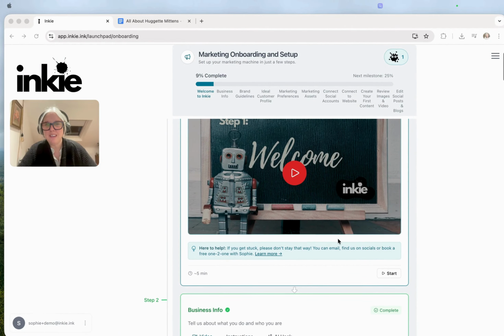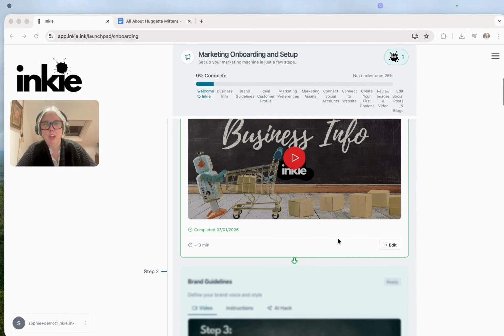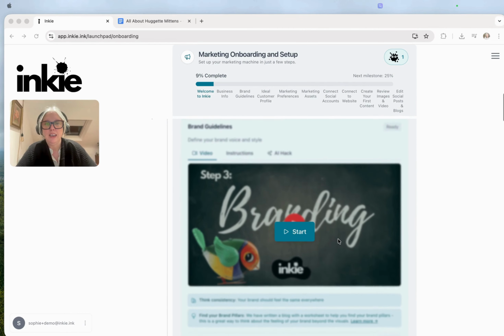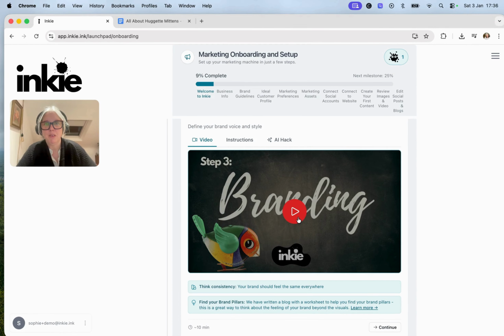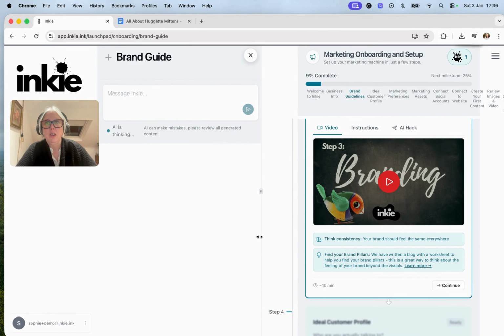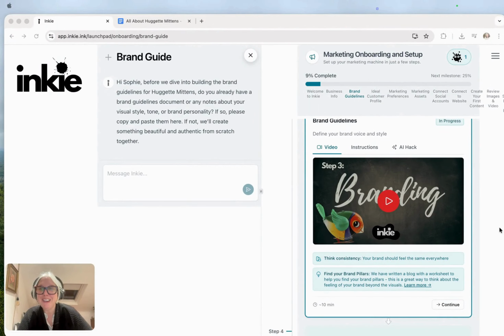So we are on the third step, which is branding. And so I'm going to talk you through that. The branding is one of my favorite parts of marketing because for me, it's so much more than what your brand looks like, what fonts you use. It's really about how you come across to your customers, how you want them to feel about